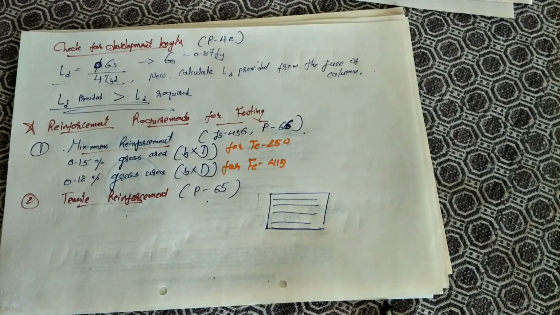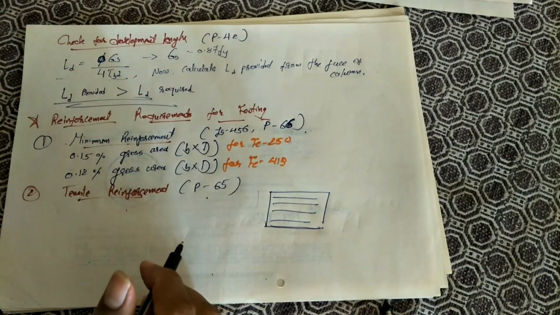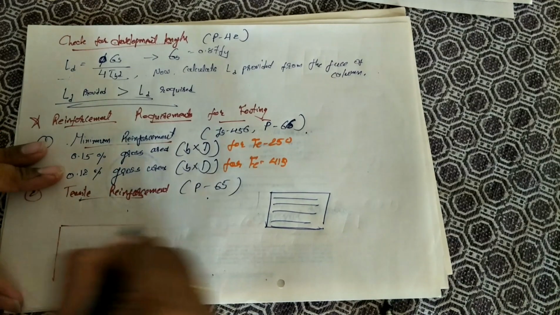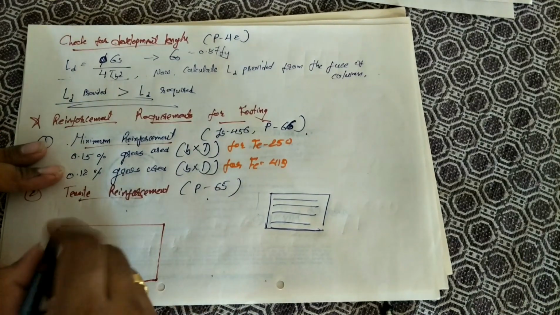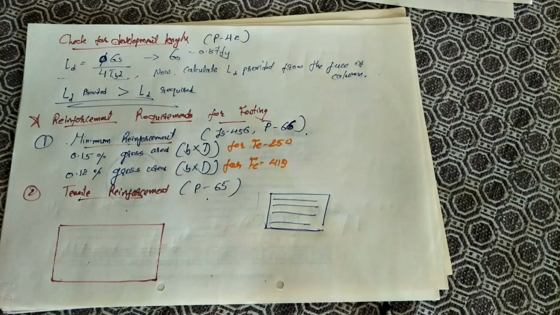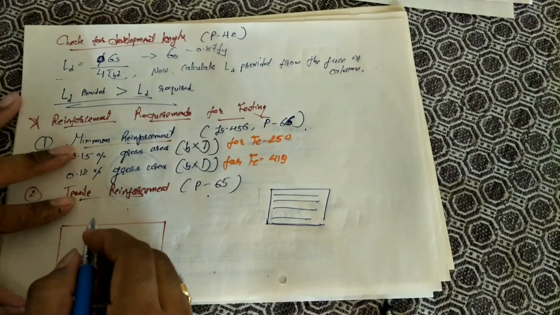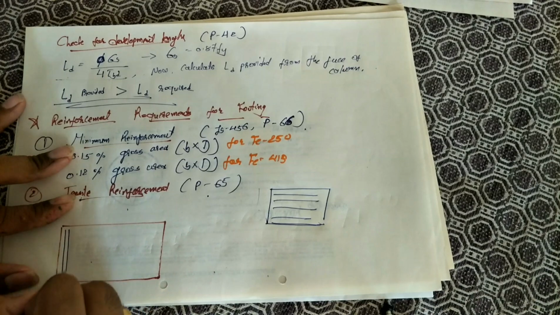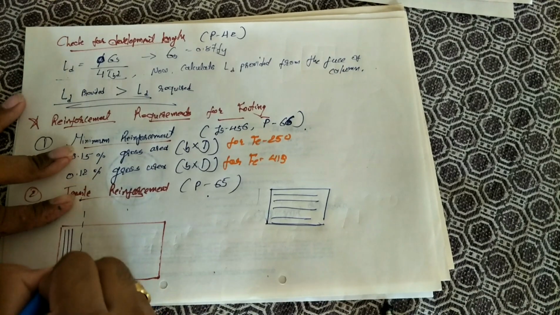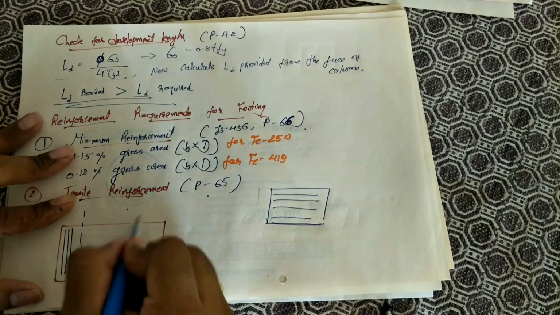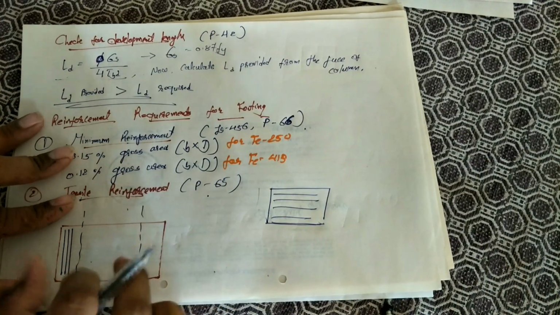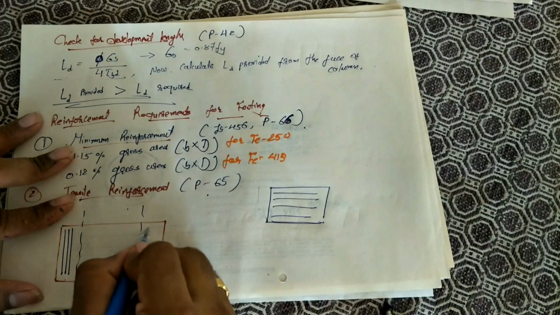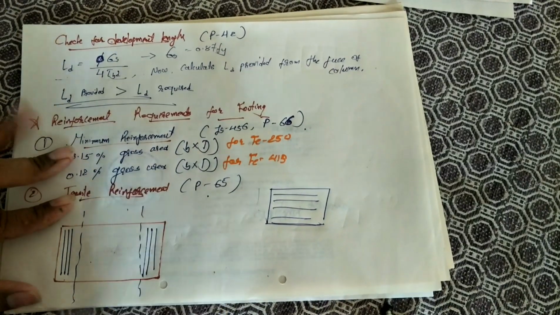So that equation is, see, what is the band? Let me draw a figure over here. In a rectangular footing, there are three bands. Three bands means, if we divide our reinforcement in two zones, this is your end part: 1, 2 and 3. So these two are the end parts, you can say end bands.